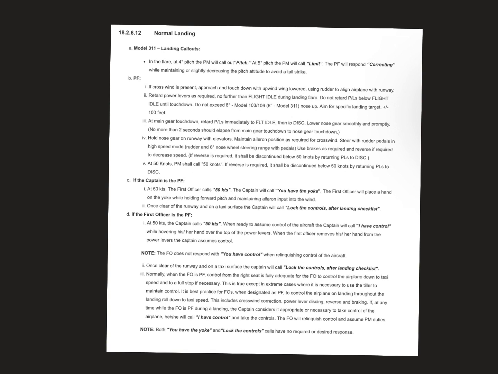When ready to assume control, the captain will call "I have control" while hovering his or her hands over the top of the power levers. When the first officer removes his or her hand from the power levers, the captain assumes control. If the FO does not respond with "You have control" and relinquish control of the aircraft,